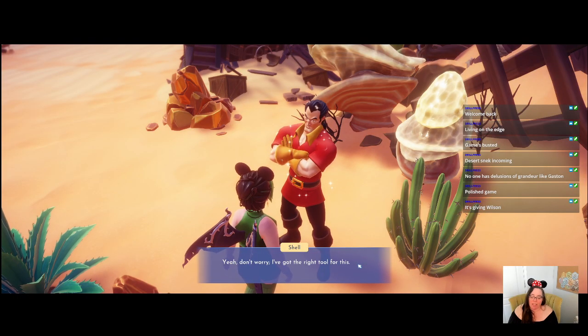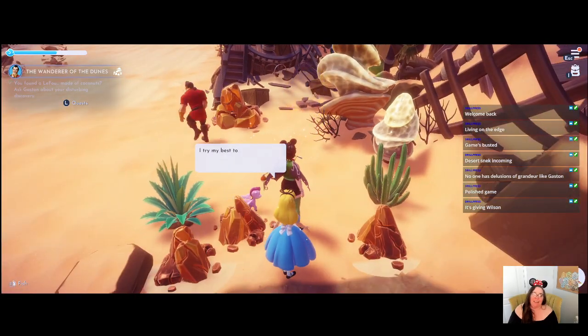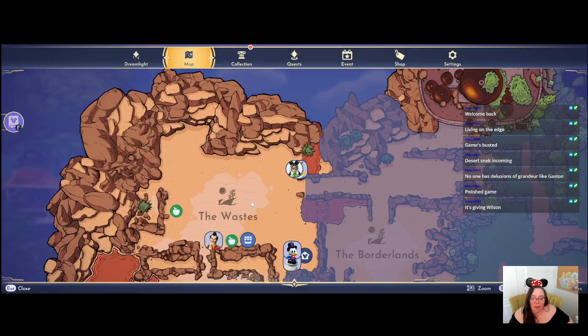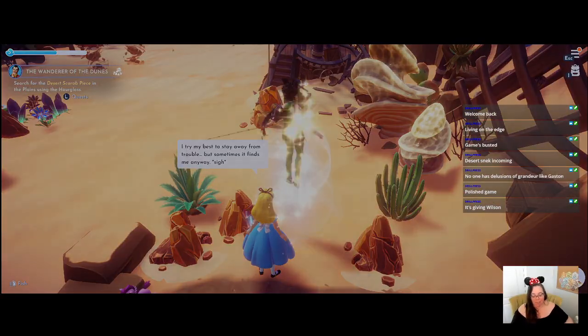Yeah, don't worry. I've got the right tool for this. My hourglass should help me find it. Oh my goodness, in the plains. So, we're in the wastes right now. We need to go back to the plains and we gotta...